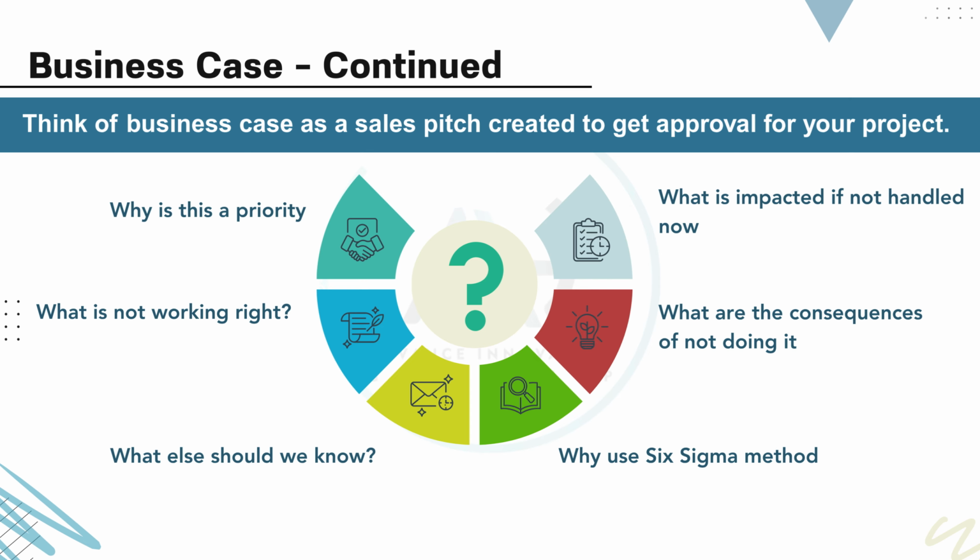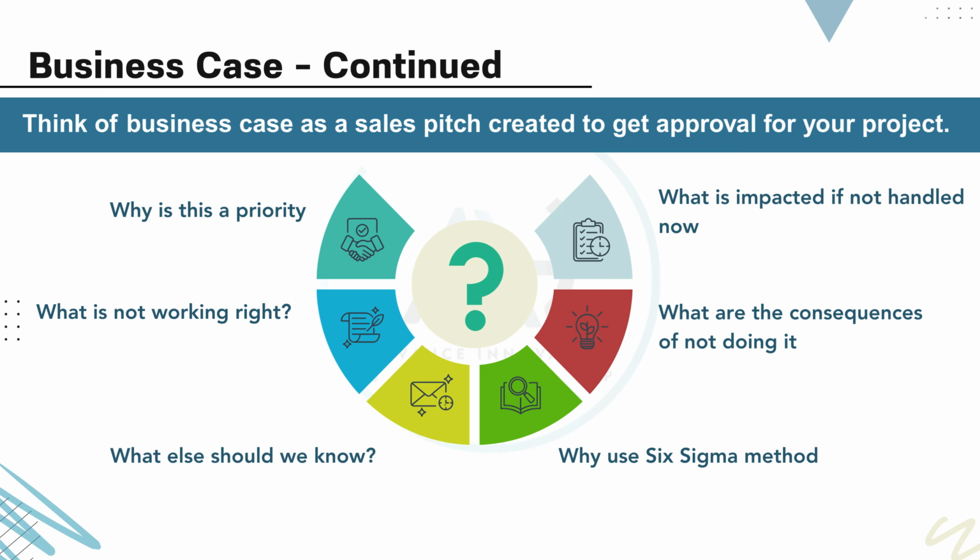Link your approach to the problem at hand. Show how it ensures structured, data-driven solutions. Finally, ask, what else should we know? This is your chance to include any supporting data or context that adds weight to your case. By answering these questions thoroughly, you'll create a strong, persuasive business case that increases your chances of project approval and